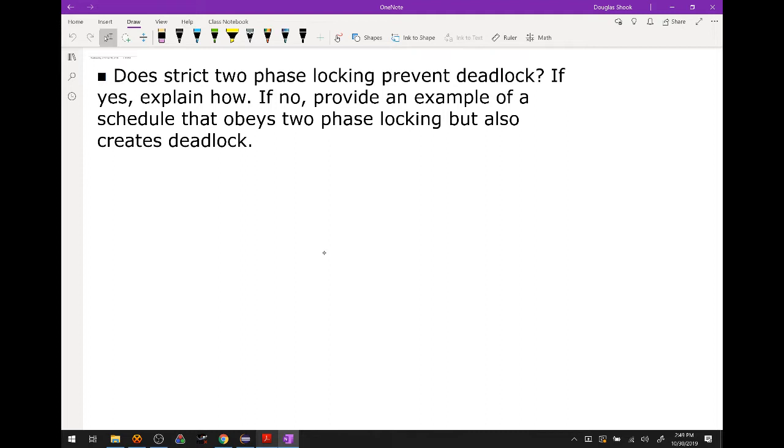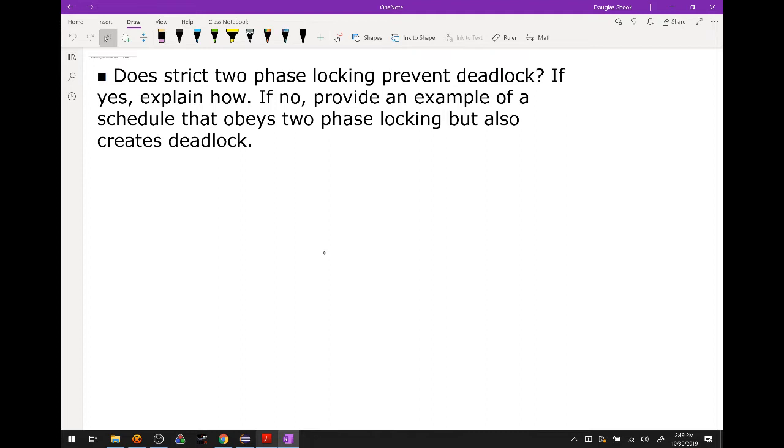If I only had read locks and I didn't have write locks, would deadlock be a thing? No, because I can have multiple read locks. I can have as many read locks as I want. With write locks, that's not true. So the fact that there can only be one write lock for a data item at a given time is what causes this possibility of deadlock for us. So with that in mind, we can write a schedule that uses write locks, since we know that write locks are more dangerous than read locks.